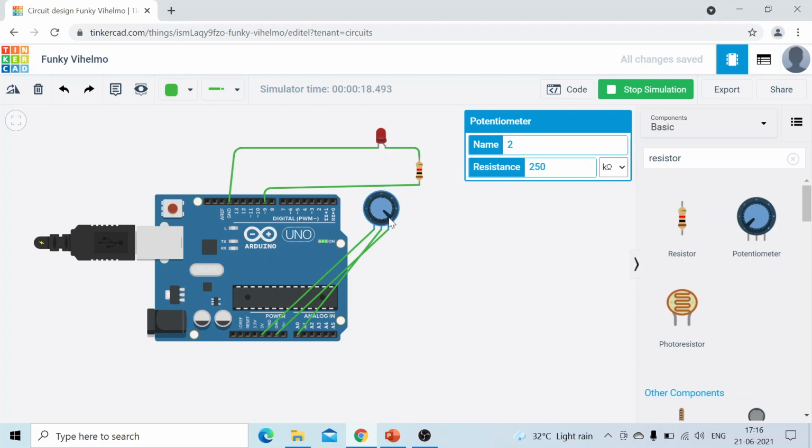So how will you check whether the potentiometer value is more than 100 or less than 100? It will be checked by using the serial window.